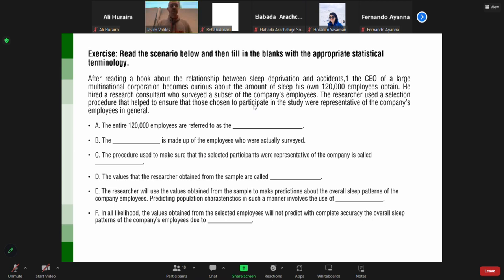The researcher will use the values obtained from the sample to make predictions about the overall sleep patterns of the company employees. Predicting population characteristics in such a manner involves the use of models, statistics, assumptions, hypotheses. In all likelihood, the values obtained from the selected employees will not predict with complete accuracy the overall sleep patterns of the company employees due to